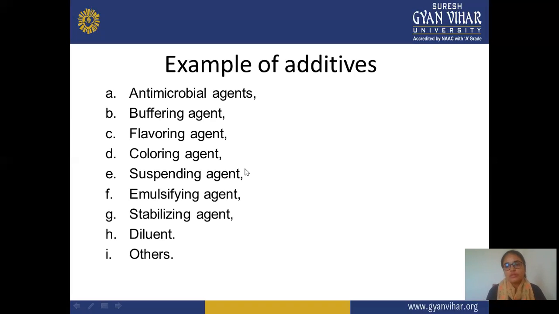Next is diluent. Diluent is mainly used to make the volume of the formulation according to requirement. Suppose your formulation doesn't have sufficient volume or enough strength according to requirement. Suppose we are preparing 100 ml syrup and only 10 ml, or maybe 5 ml or 2 ml, of drug is required in 100 ml syrup. But you add the full amount of your drug, and the total volume of syrup is not up to 100 ml.